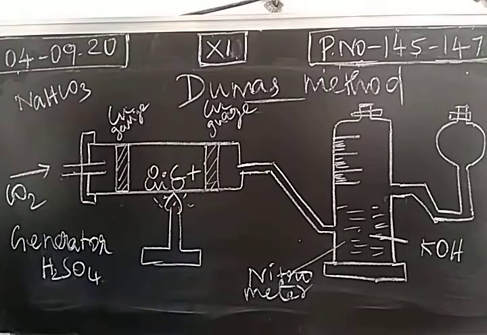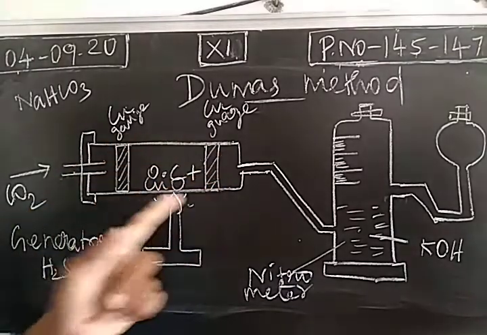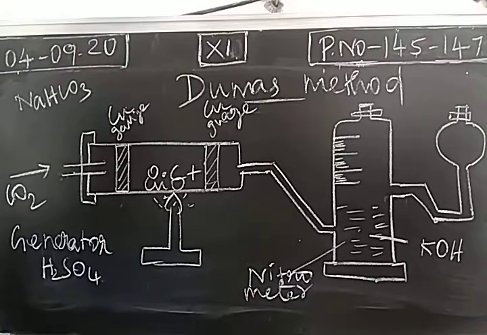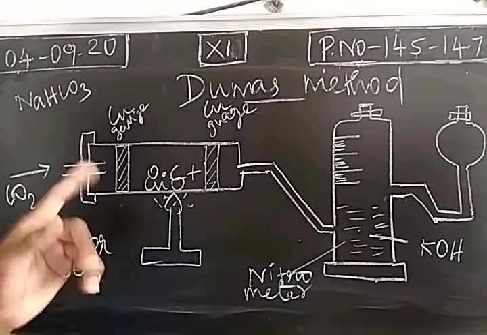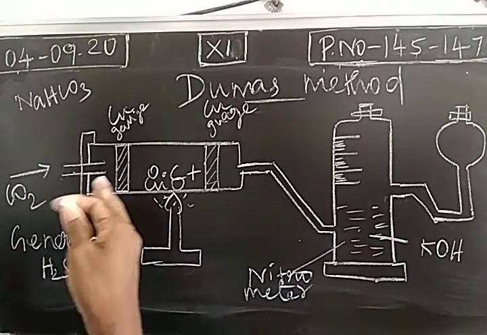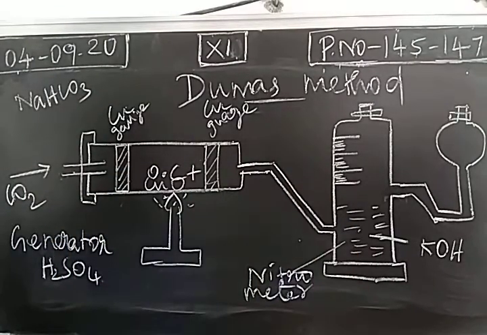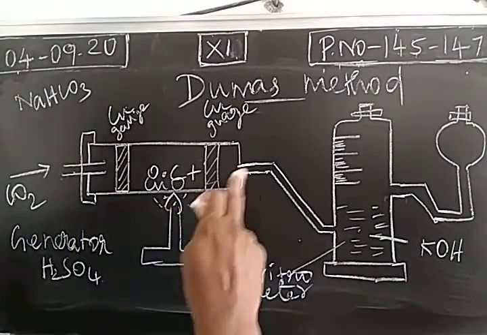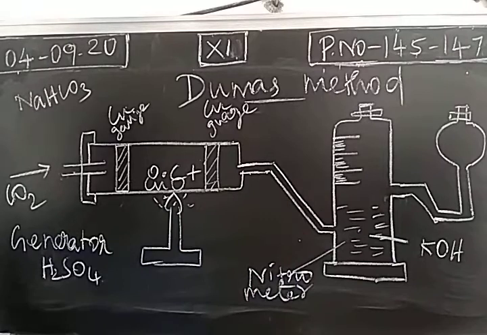Now the organic compound in the combustion tube is going to be heated. Before heating this combustion tube, we have to remove the impurity present in the combustion tube. In this glass combustion tube, there may be impurities like atmospheric air, so it has to be removed. To remove that, we pass the carbon dioxide continuously. Carbon dioxide is coming out along with the impurities, atmospheric air. So all the gaseous molecules are coming out here. And the third apparatus is the nitrometer or nitrogen reservoir.